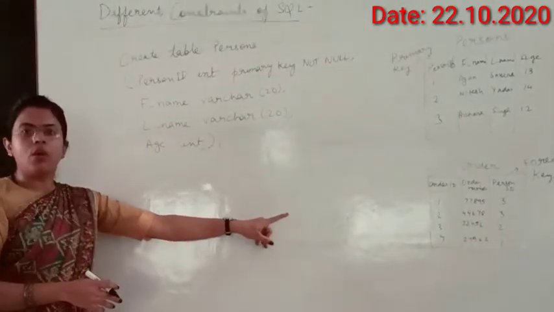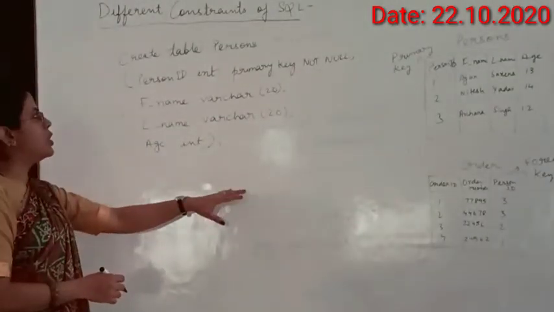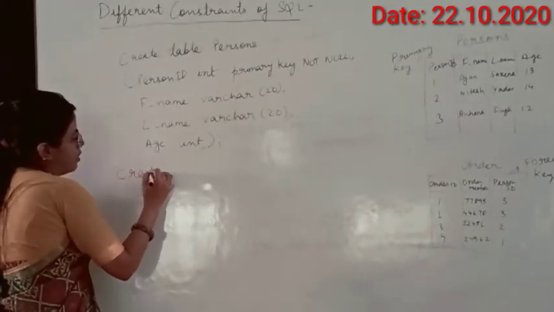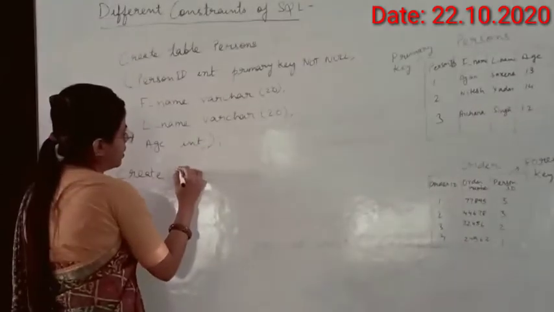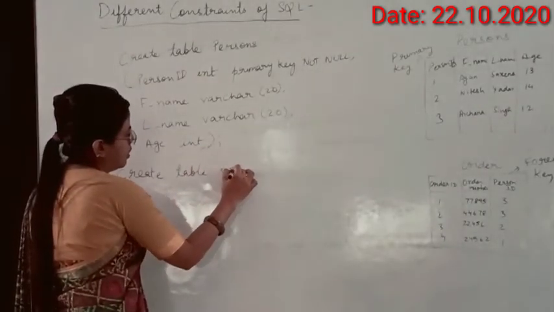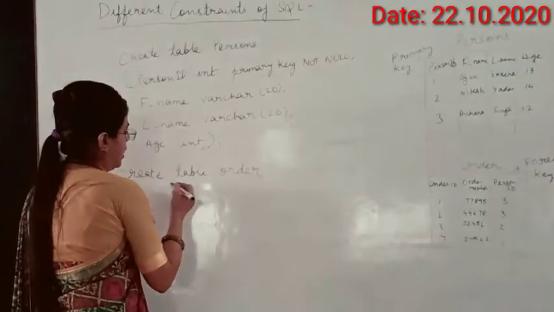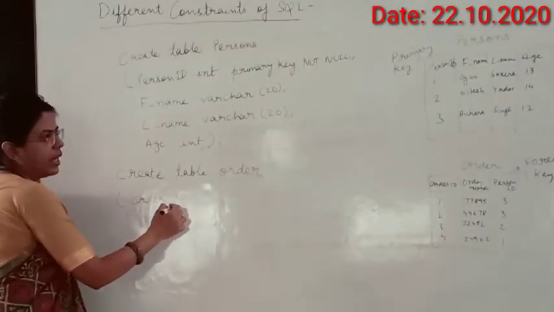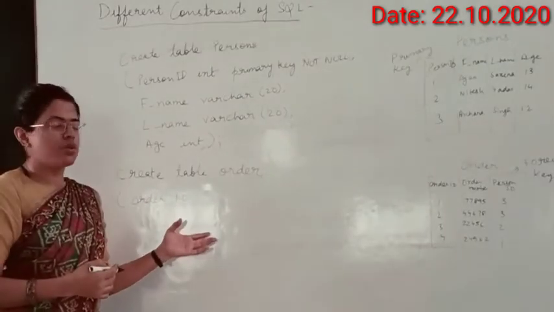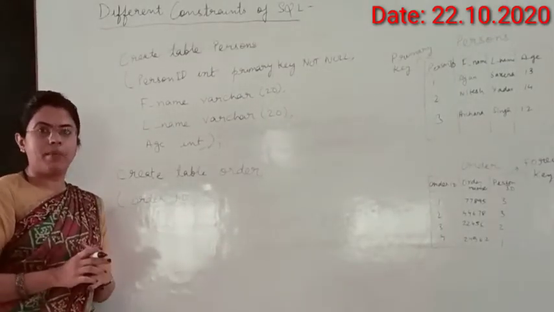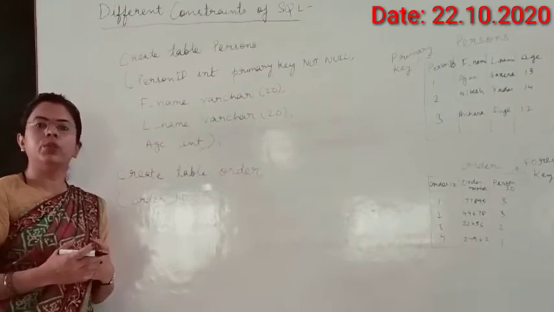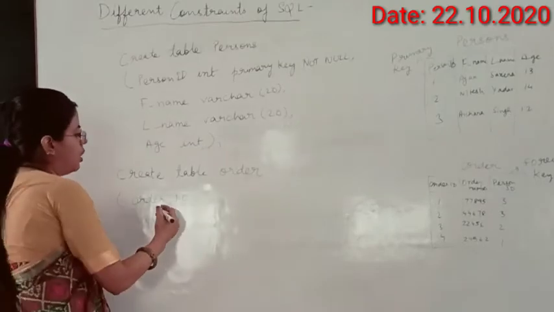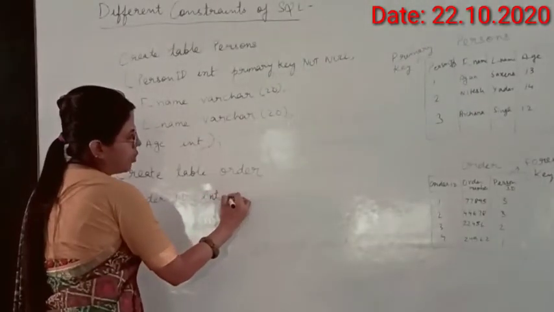Now I am going to create the order table in which I will use this person ID as a foreign key. Now I will write the command for the order table, create table order, and then start the bracket. The first field is order ID. Alright, and in this table also, if you want, you can make order ID as a primary key. Every individual table can have its own primary key, right? But there should not be two primary keys in one table. Order ID, and I am writing integer only.